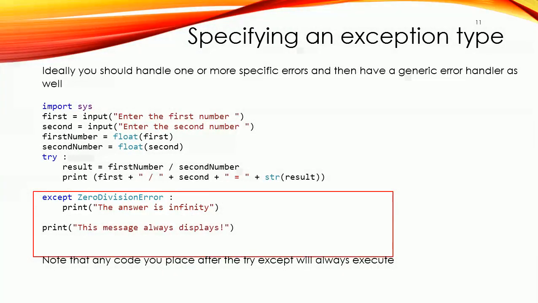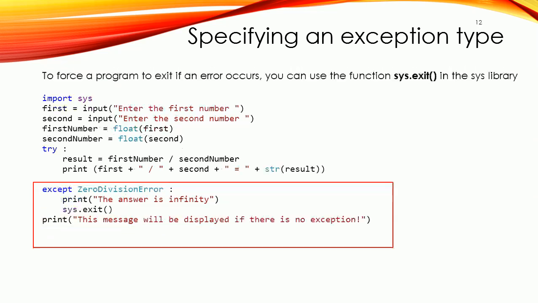Also note that any code you place after the try except will always execute. For example, the last print in our example. This statement will execute no matter what. As we said, in Python, when you handle an exception, your program will never crash and it will continue executing